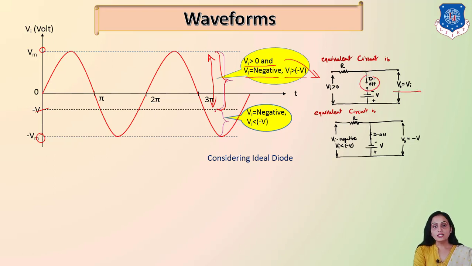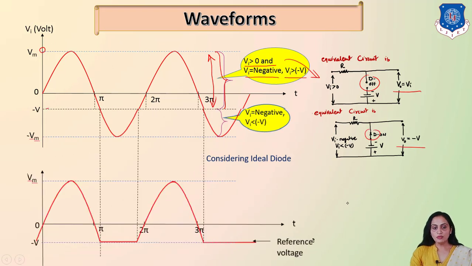And for this particular range, when the input is less than minus V, the diode is on and the output is minus V. So we are going to plot that in terms of waveform, and you will find over here that from this reference voltage minus V, the negative portion of the input signal, that is this particular portion, is being clipped off. That is why this is called the biased negative parallel clipper. In the bias clipper, we can clip off the signal from different voltage levels, and that can be decided by the battery which we have kept in the circuit diagram.